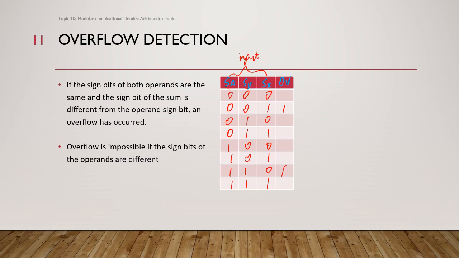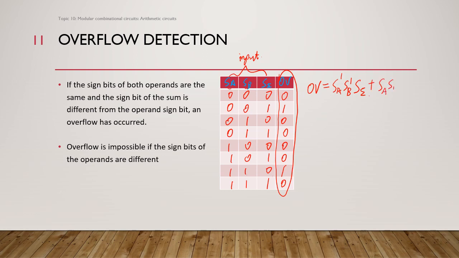So in all other cases, there is no overflow at all. Okay, then we can write a Boolean equation. You can use the Karnaugh map, or we can directly write it here. So OV will equal SA prime, SB prime, and S sigma, or